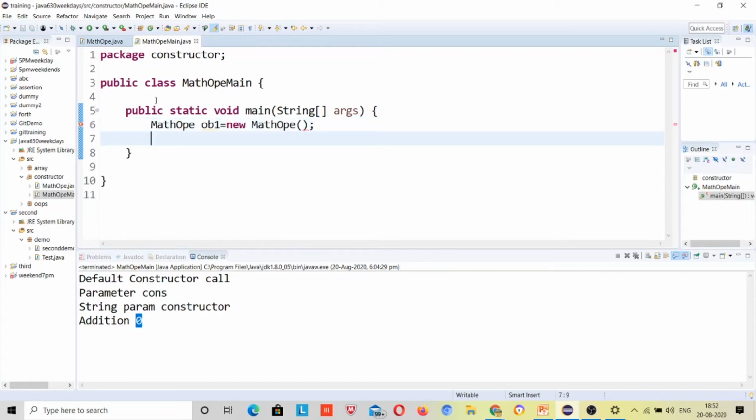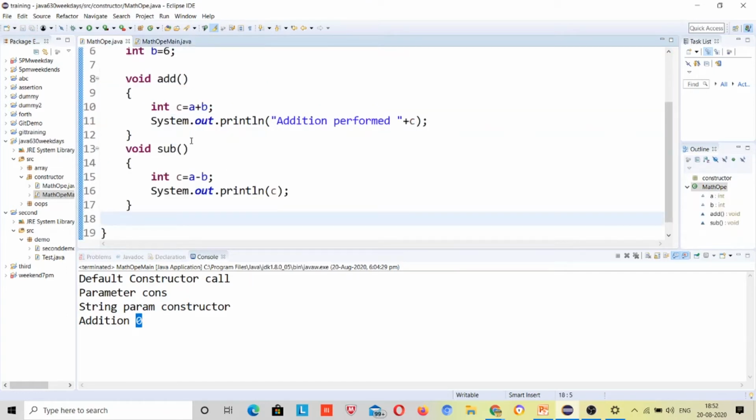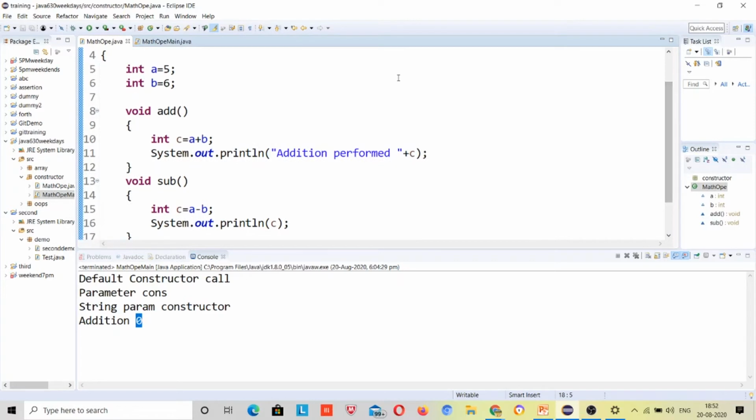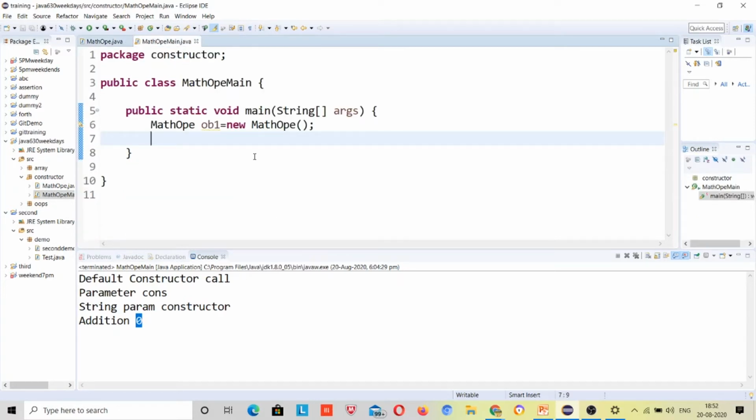Now call any method. Suppose I want to perform addition, so I will call the addition method because I need to perform addition. Right, and run this program.